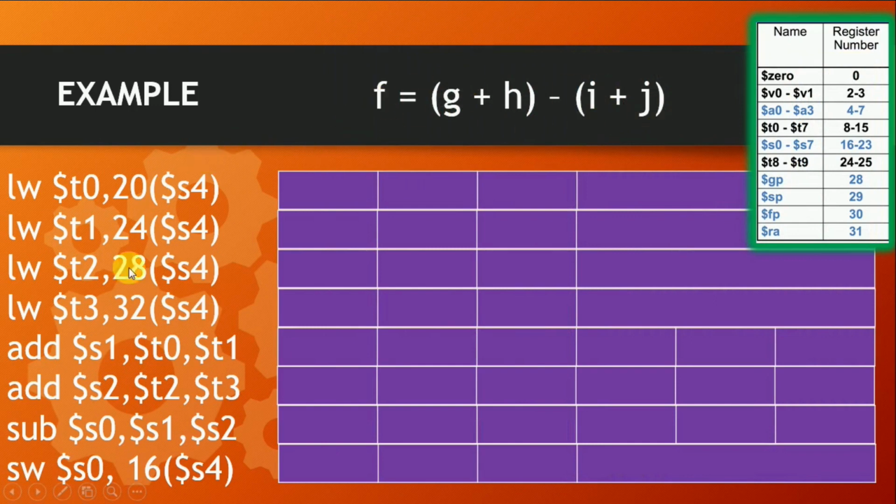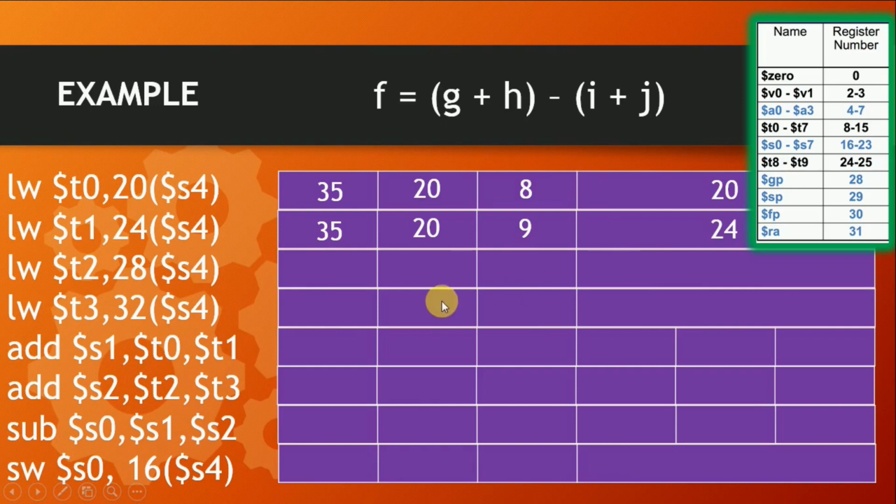This was the example of the assembly code we did. For load word, 35 is the opcode and my source register or base register is S4. S4 has the value 20, so 20 will be loaded to RS. RT is T0, T0 is 8, and my offset value is 20. The second instruction is again load word, so 35 will be my opcode, the same base register, 20. The destination register is T1, so T1 is 9.